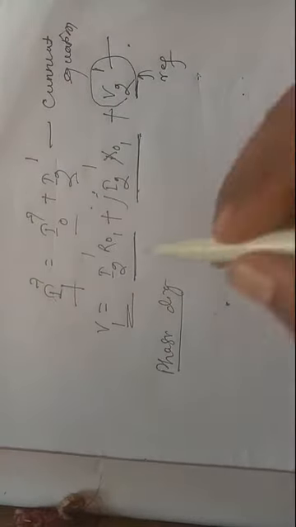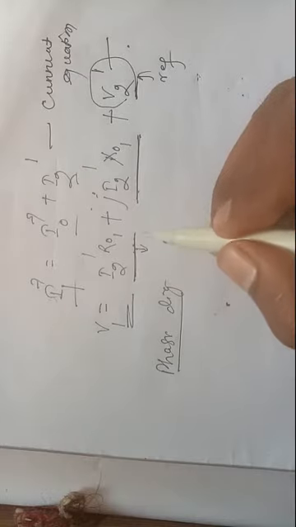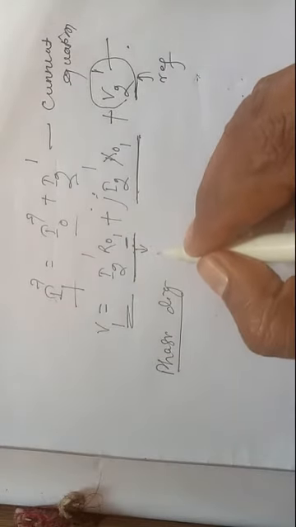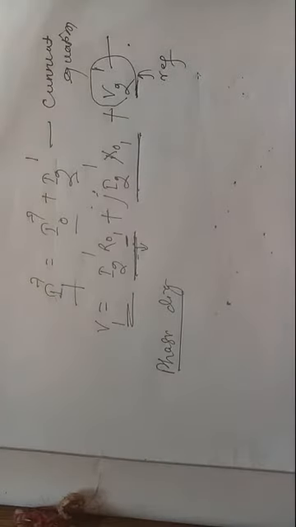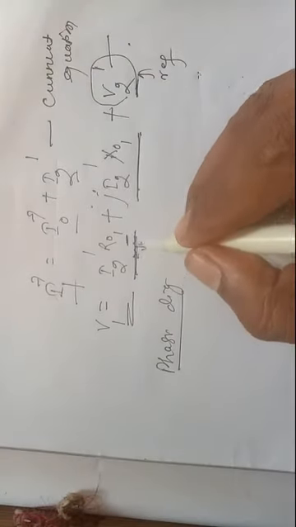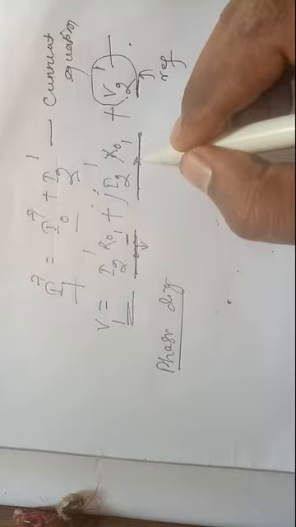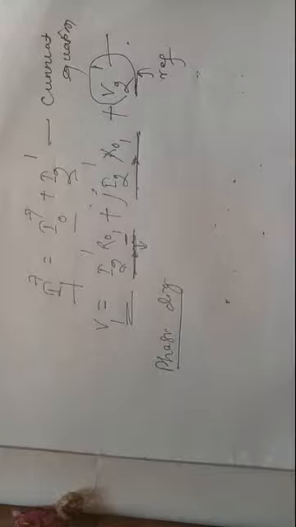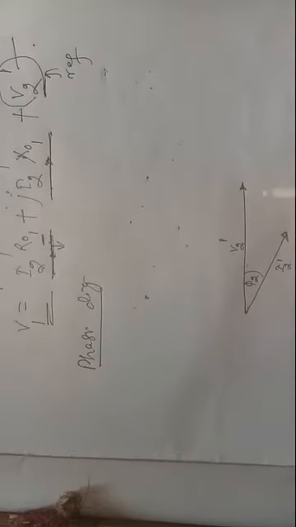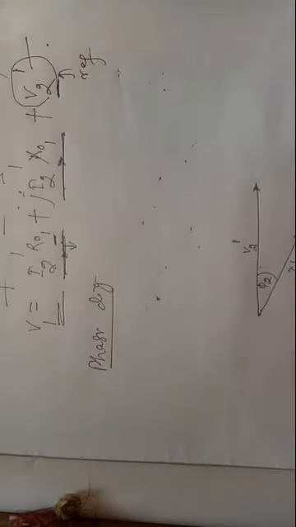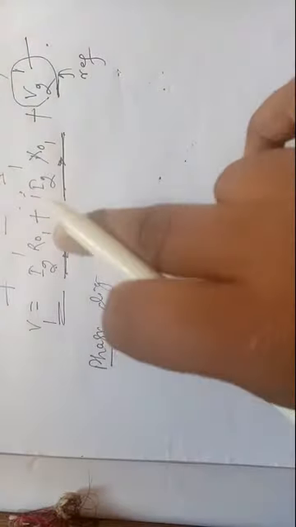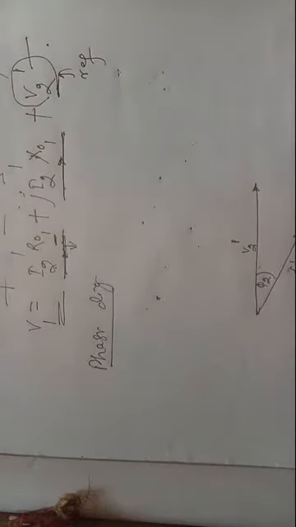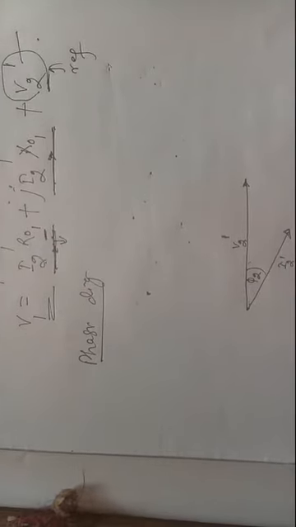So what is this I2 dash R01? This is the voltage drop due to resistance R01, so it behaves as a resistive circuit, a voltage drop across a resistor. Similarly, this is the voltage drop due to the inductor. This I2 dash R01 will be in phase with I2 dash, because in a resistive circuit voltage and current lie in the same phase. So this I2 dash R01 represents the resistive voltage drop.